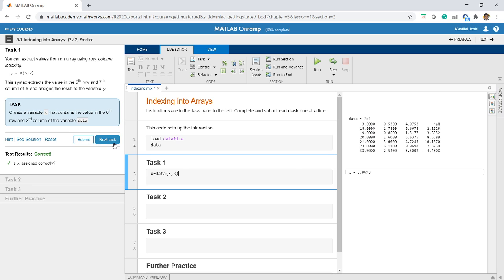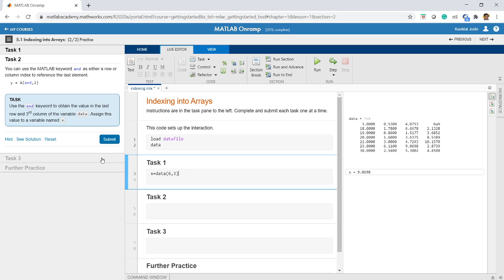Okay, let us do the next task. We can use the end keyword. Instead of writing the colon, colon is for all. Similarly, if you want the last column or last row, then we can use the end keyword.